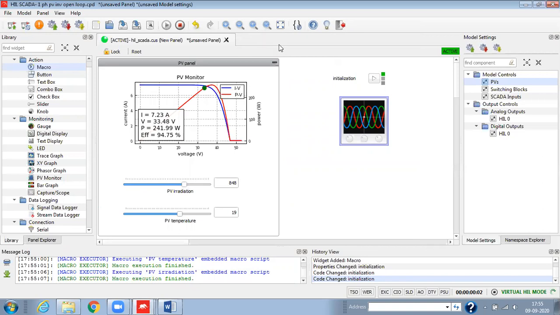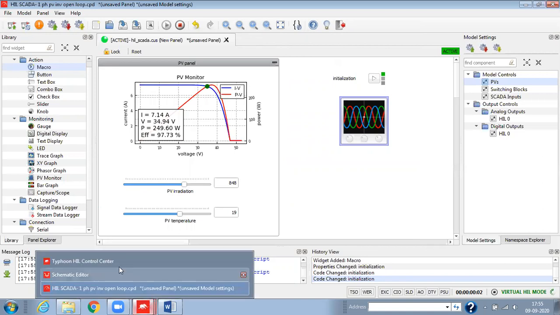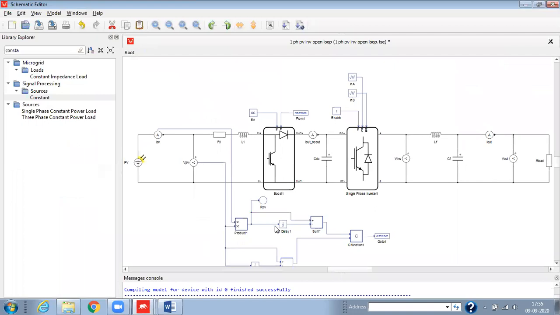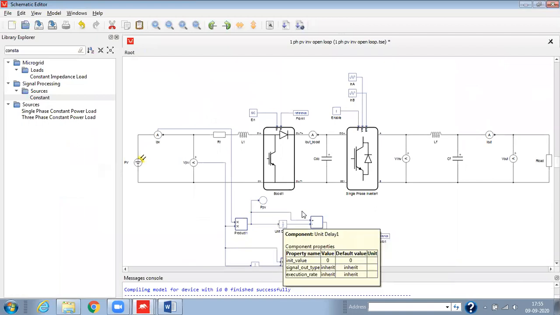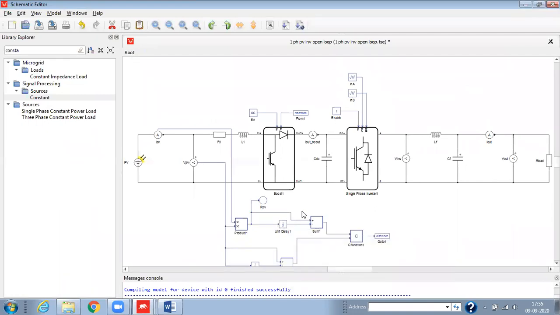For that, the unit delay we have taken is for taking the samples as Vn and Vn minus 1. Basically, we are using perturb and observe. So we first have to observe the change in voltage and change in power, so that we can provide that as input to the C code we are using here.